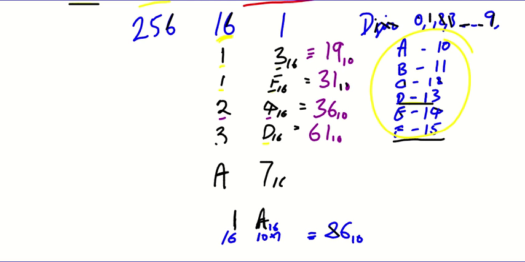So we'll now use A7 in base 16. What is it equivalent to in base 10? Well, our A is a 10. So it's 10 times 16, that's 160. So I might even write that there. So 160 plus 7 times 1, so I get 167 in base 10. So A7 in base 16 is equivalent to 167 in base 10. Now there's a formal way of doing this, in that if I write out the decimal value, 167,